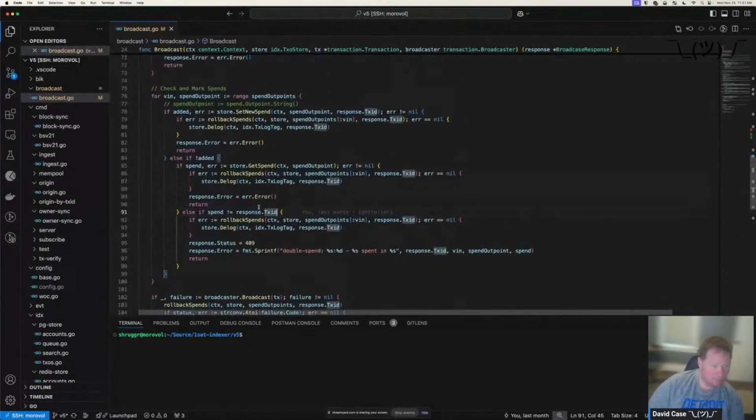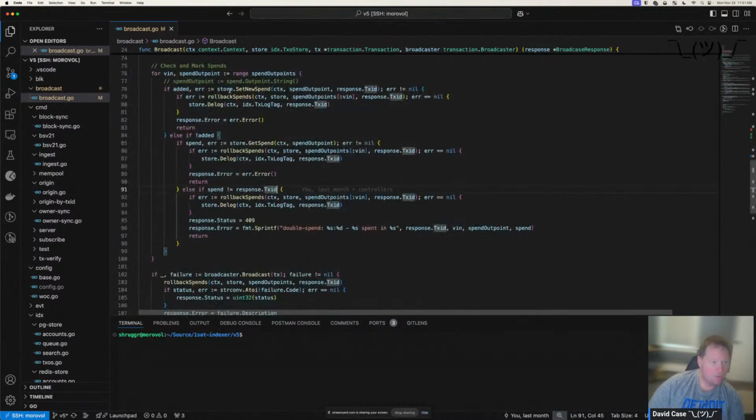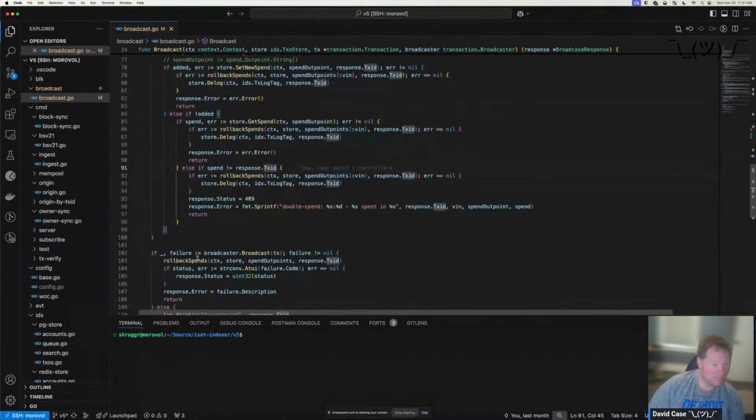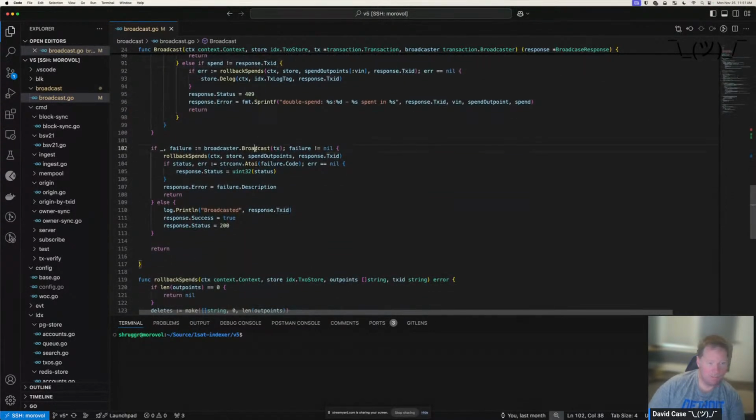All right, so once we've done this process, we verified the transaction up here. We then marked all the spends here. And then we actually go and broadcast it to our miner. At this point, again, they can give us a failure. And if they give us a failure, well, we need to roll this all back, because they're not going to